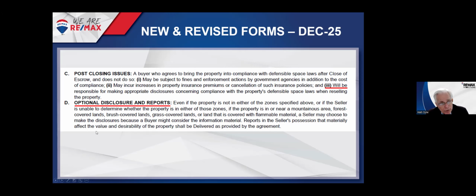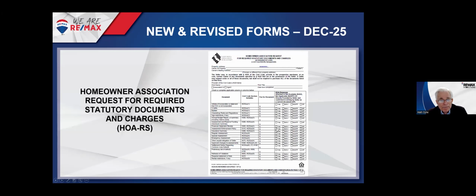Okay, now also optional disclosures and reports for properties that aren't even in a high or very high fire zone, or even properties that are TDS exempt. A seller might want to disclose what they know about the property's susceptibility to fires based upon defensible space and/or fire hardening. And then the final thing, real quickly, and that is the HOA form has been modified,